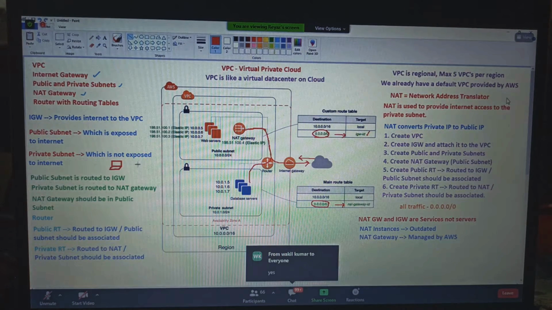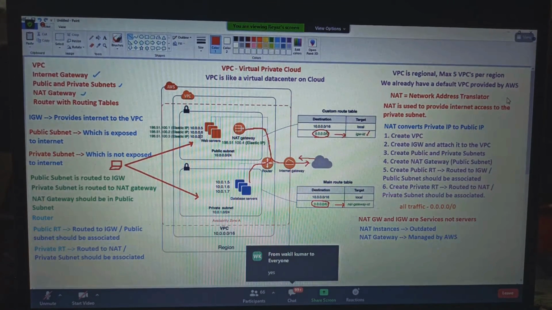Very good. So now can you tell me, can I connect directly to my private subnet from internet? No. Can you connect directly to your public subnet from internet? Yes, because that is public subnet.